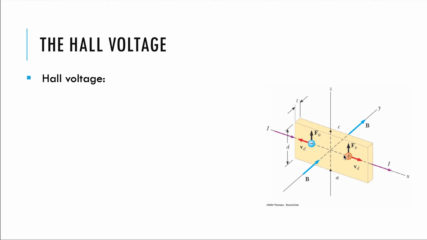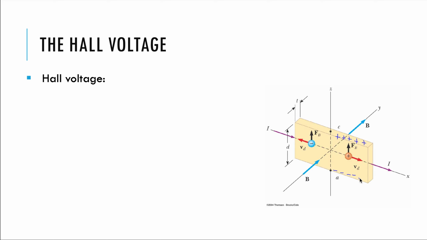So let's look at what happens when the charge carriers are positive. They will be moving in the same direction as the current. So V sub D, the drift velocity, will be pointing to the right, and the magnetic field is into the page. So use right hand rule number 1. Point your fingers to the right, fold into the page. The magnetic force is the thumb, which is pointing upward. So what's happening is that the positive charge carriers here are being pulled upwards, which means that negative charges accumulate